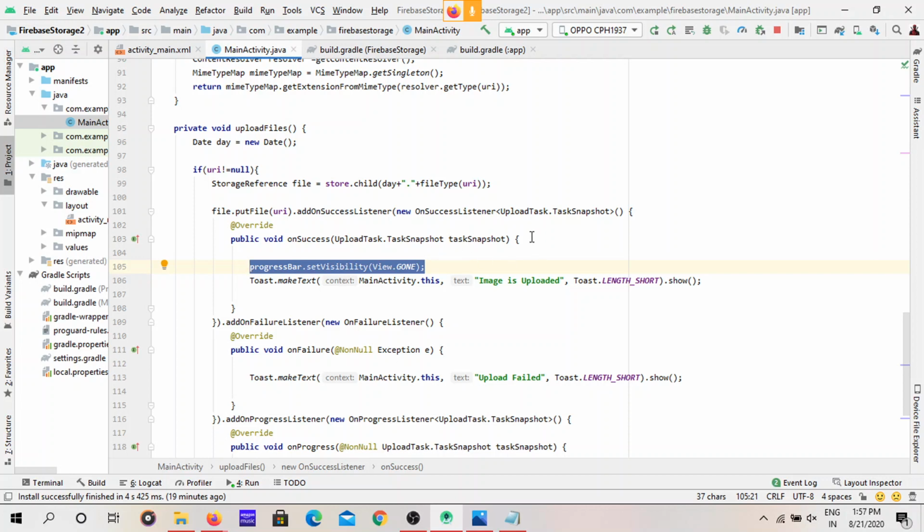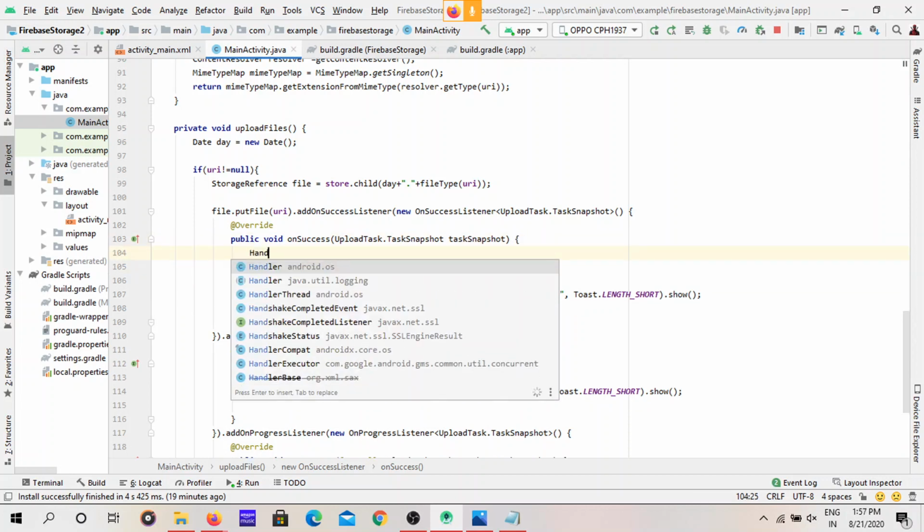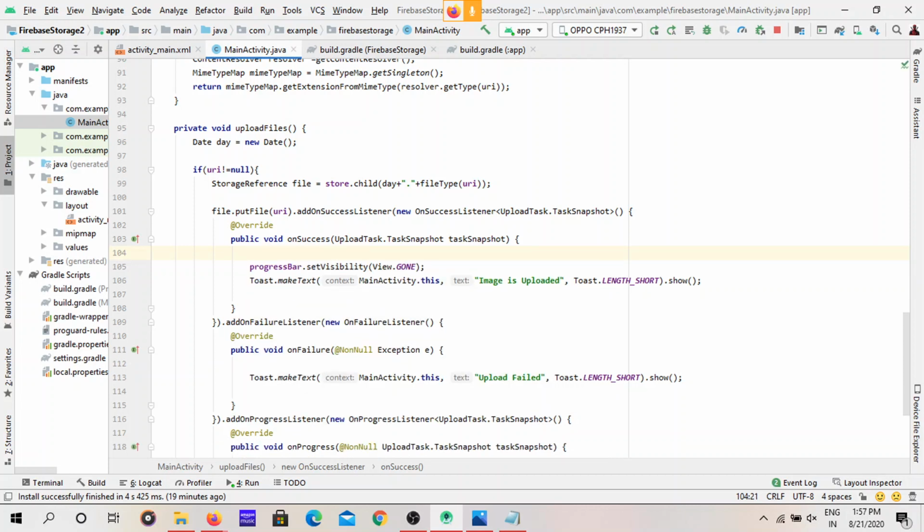To give that time, we have handlers. You can learn that on your own. I am not spoon feeding you everything. Use this handler method, learn about it, and give some time for the progress bar to go away. If you don't do that, I will also explain it in the next video, not in this video. We have to just show the effect. We are going to see what the effect is when the progress bar goes like this. We are not giving any delay time to that.